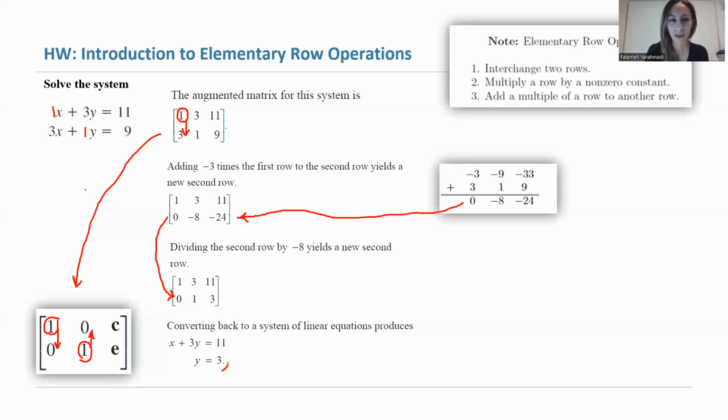So basically, you already have a solution for your y. You're going to use back substitution to find your x. Or as I mentioned before, you can multiply the second row by -3 and add it to the first row to make your life much easier. But back substitution also works here. If you plug in 3 into the first equation, your x becomes 2. So as you can see, this original system is consistent with one unique solution, x equals 2 and y equals